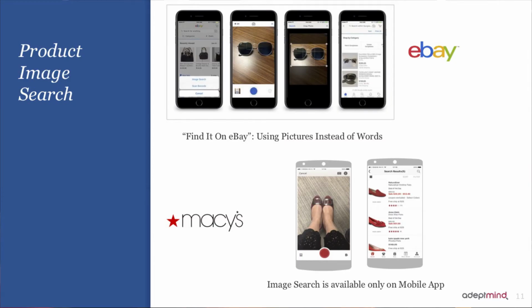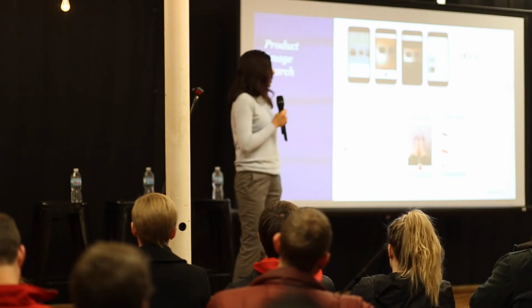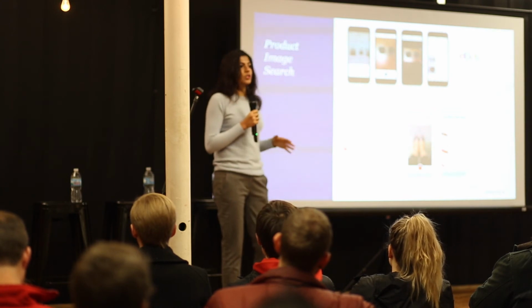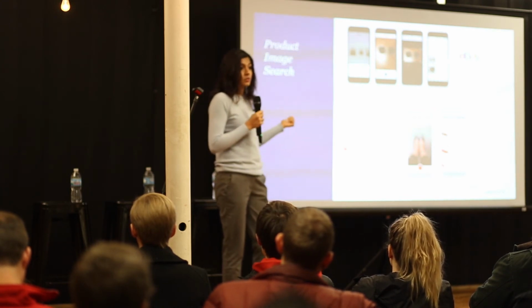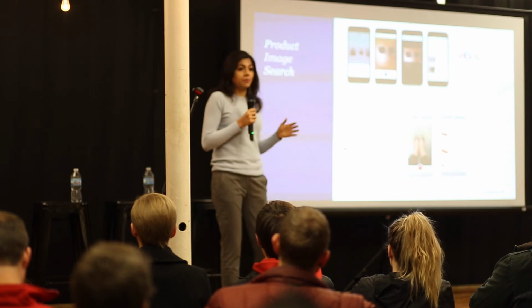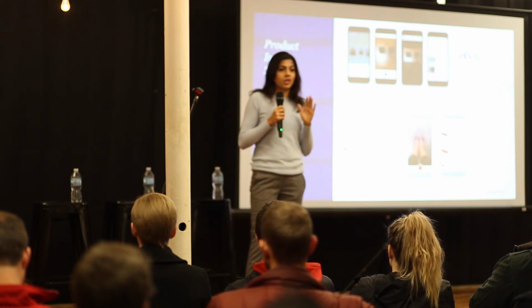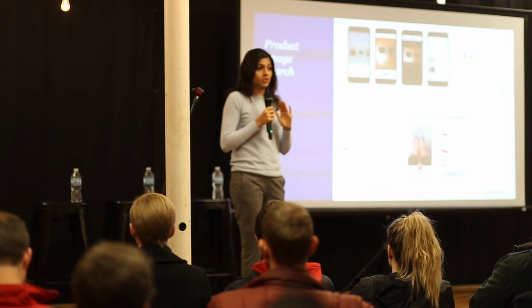Now the next one, as a concept, I'm sure is very clear. You like my shoes, so you would take a picture, upload it, and then hopefully the search engine would be able to find an exact shoe on, let's say, Macy's. As a concept, it makes sense, but it's so difficult to build a technology that can actually deliver on it. I tried a bunch of apps. In fact, I would encourage all of you to download the Amazon app and try the image search on the app. It's a joke, it's an embarrassment. They should actually take it off.